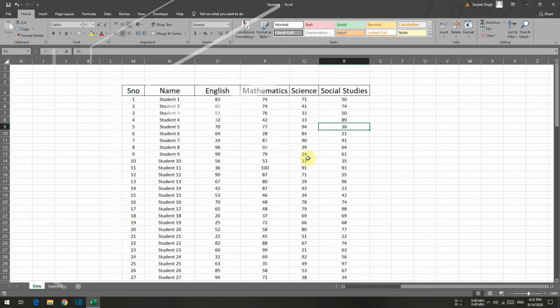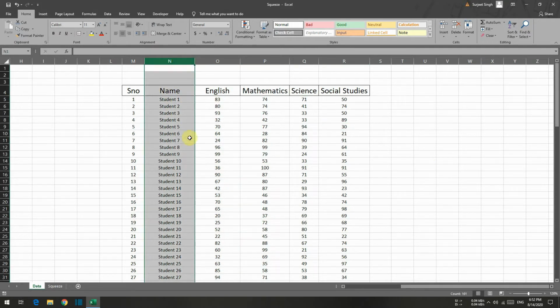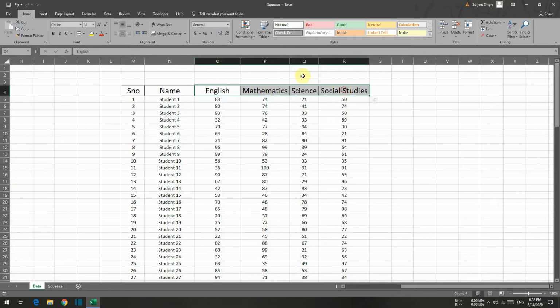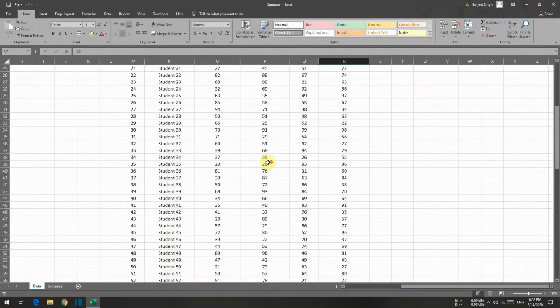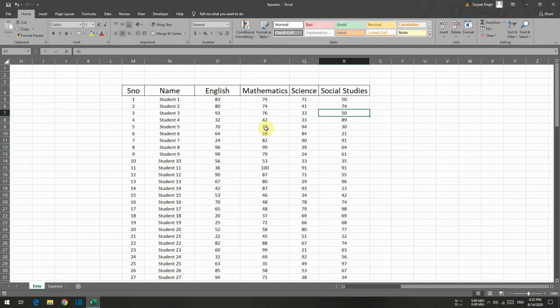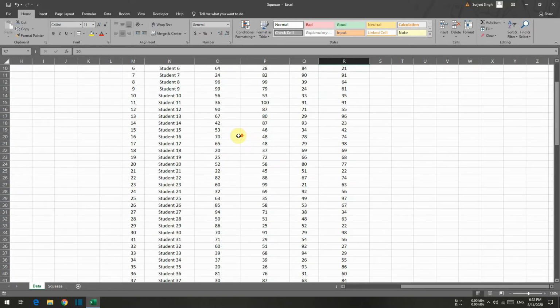On your screen, you can see that I have the names listed here and their respective scores in the respective subjects mentioned in the columns. So I have this database wherein I have around 100 students and I want to showcase this data in an interactive dashboard. As you can see, if I want to see the scores, I have to scroll down, right?